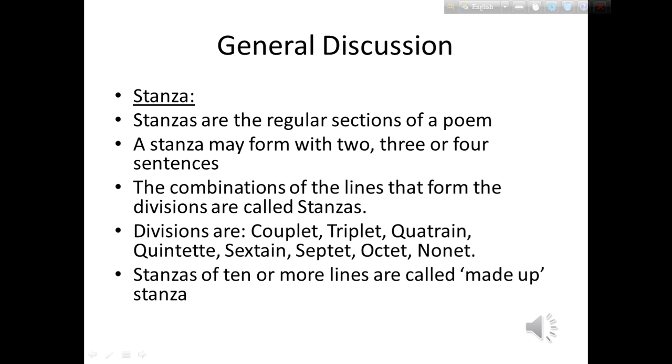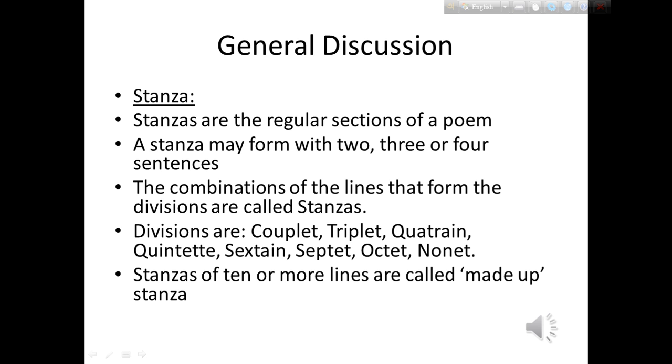Now the next point, stanza. Many poems are divided into regular sections or divisions. And stanzas are the regular sections of a poem. A stanza may form with 2, 3 or 4 sentences, and the combinations of the lines that form the divisions are called stanzas, and there are many types of divisions such as